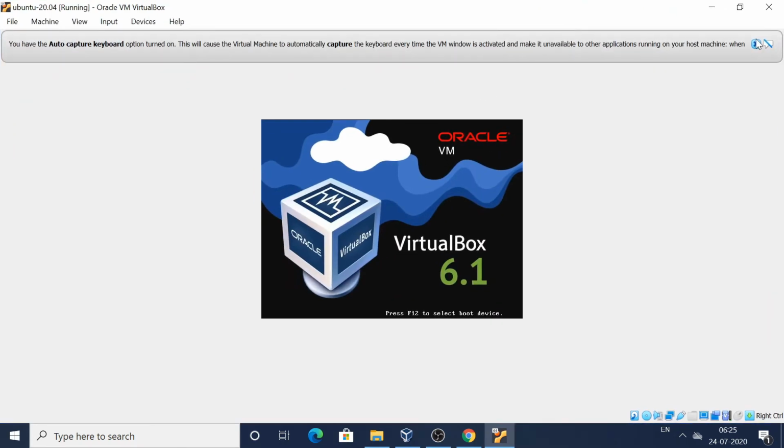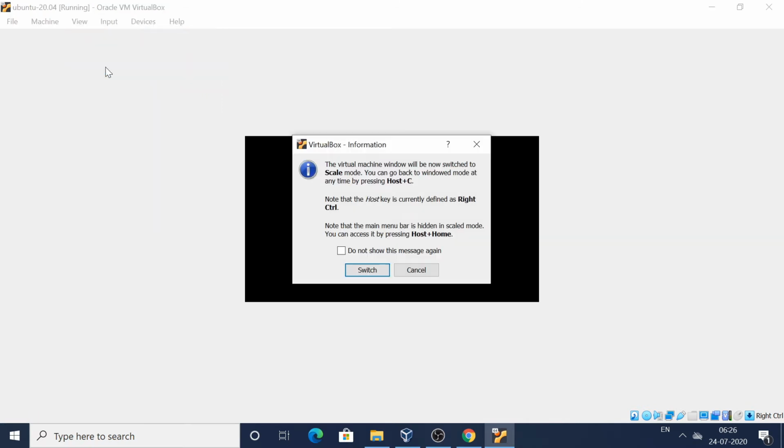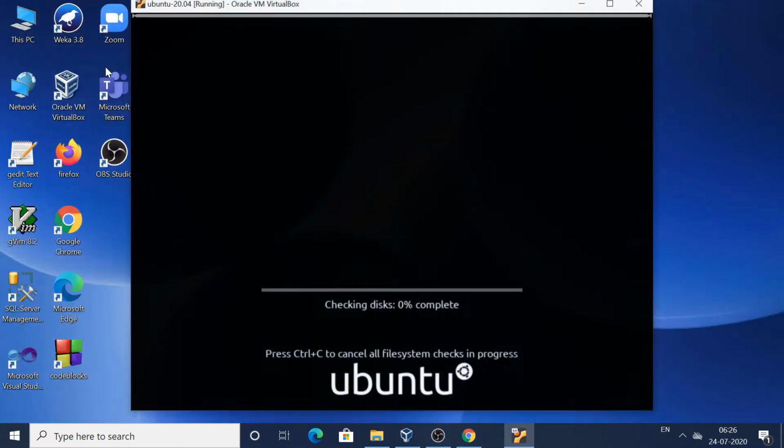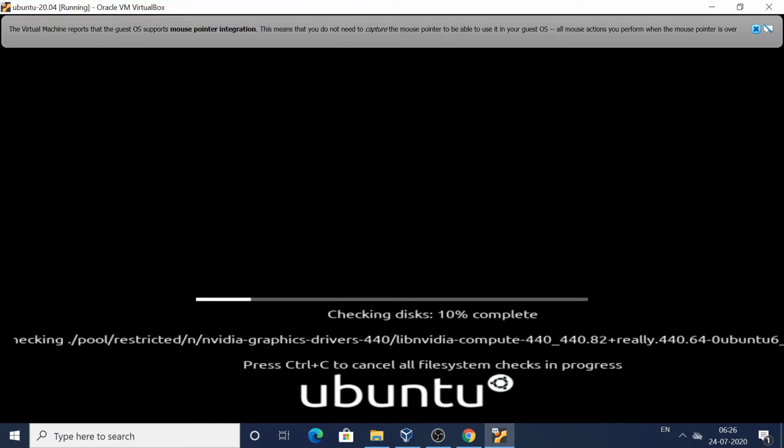Maximize the window. We can scale the window. Now Ubuntu is checking the disk.